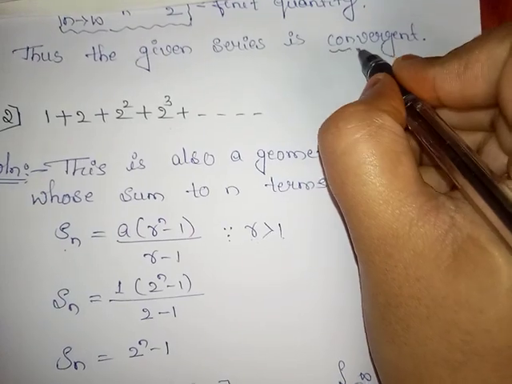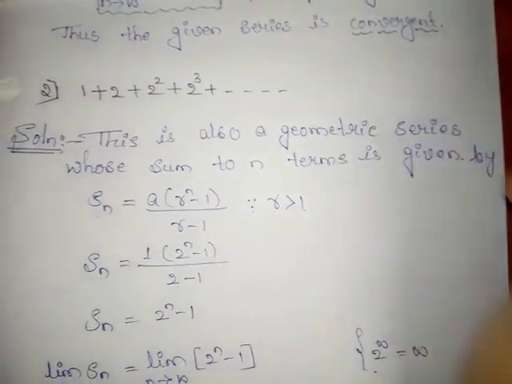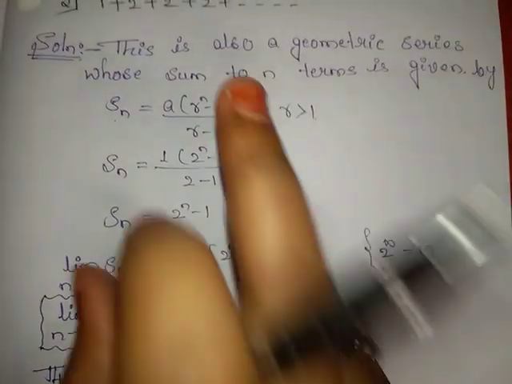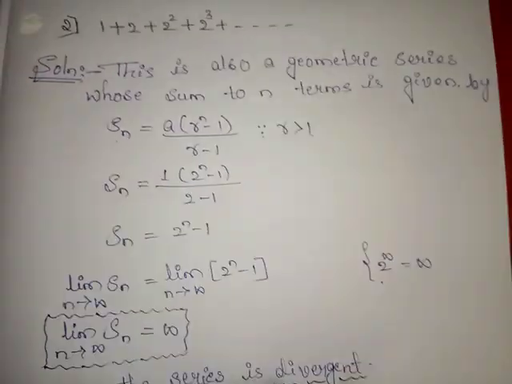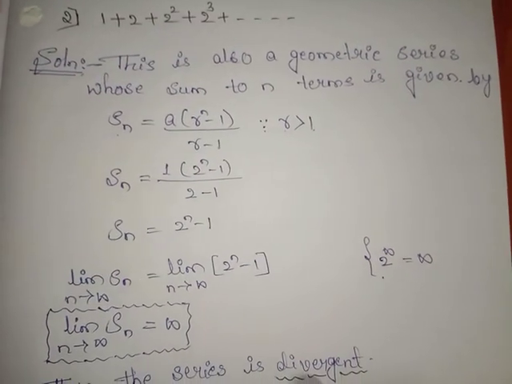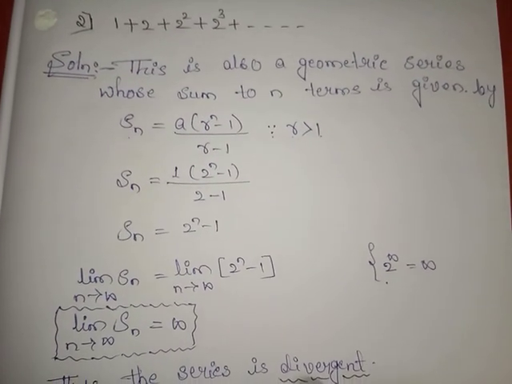In the previous example, the given series is convergent. Now in this example, this given geometric series is divergent. Next example,